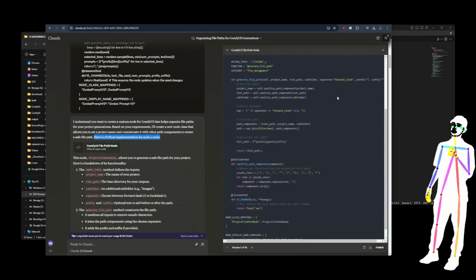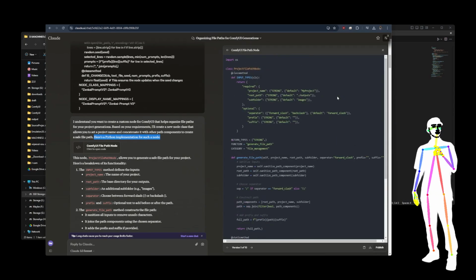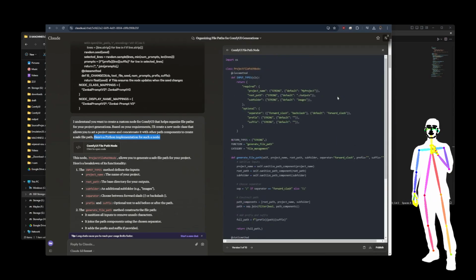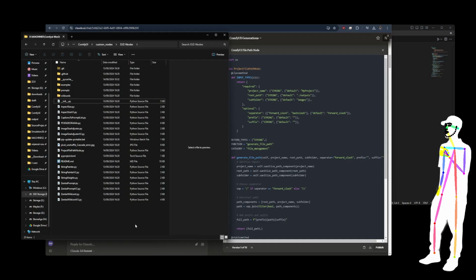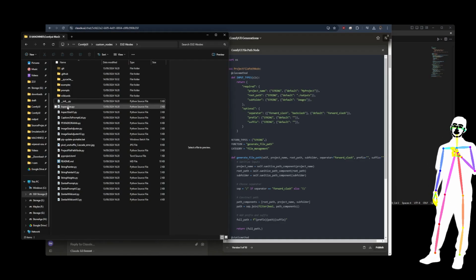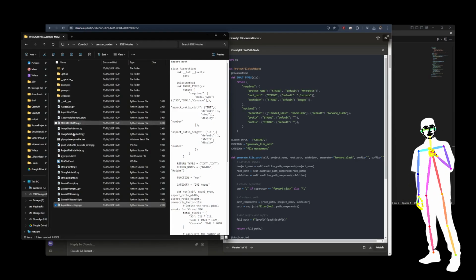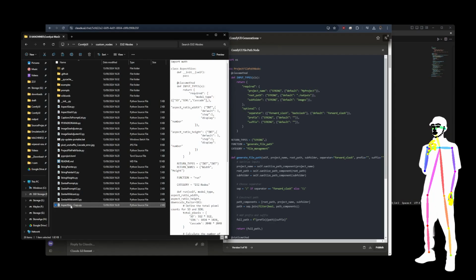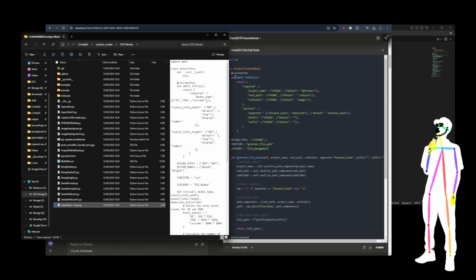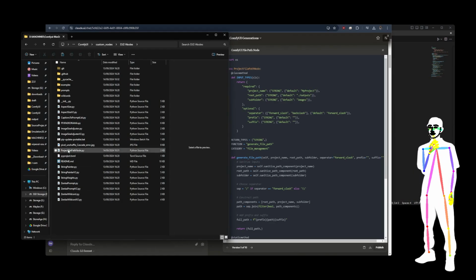In the first one, I'm not going to go through every single version because we do iteratively develop this and test it. I just want to explain what you do at this point. At this point, what I would do is open up my custom nodes folder. So here's my custom nodes folder. Now, I already had aspect size. So generally, when I'm making a new node, I will Control-C, Control-V, and then rename this. So this one is project file path node. I will rename the new Python file to project file path node, which is what I did. And then I'll open it up